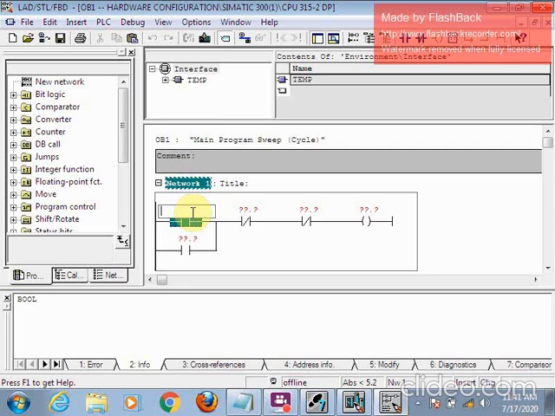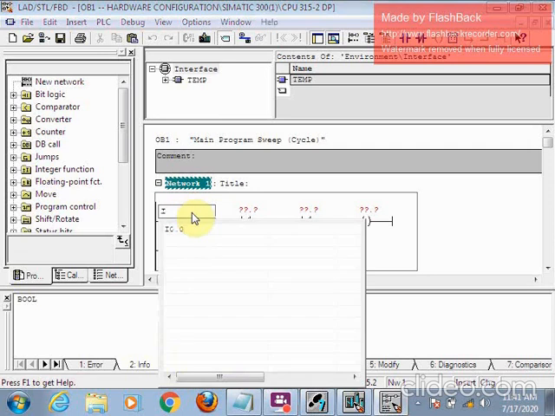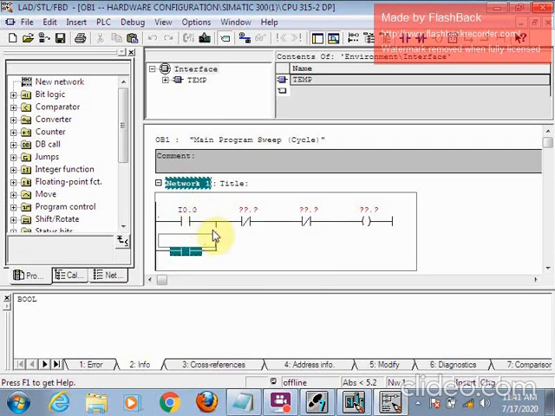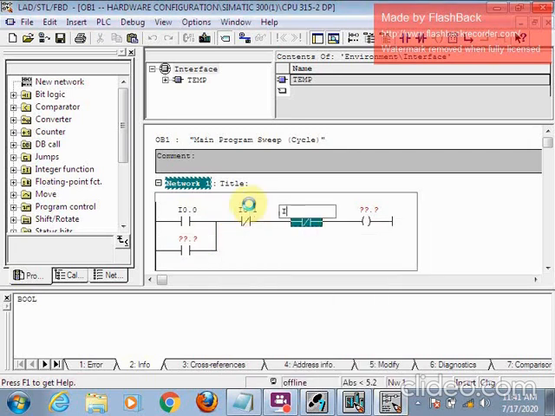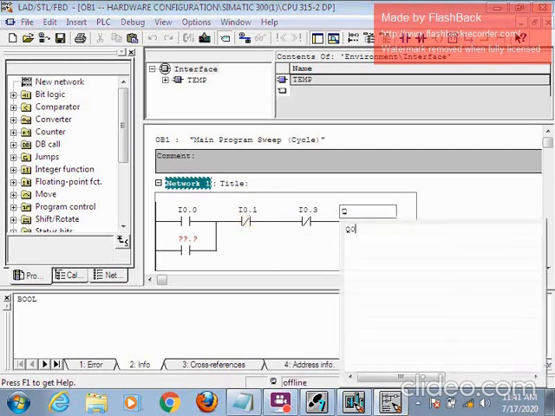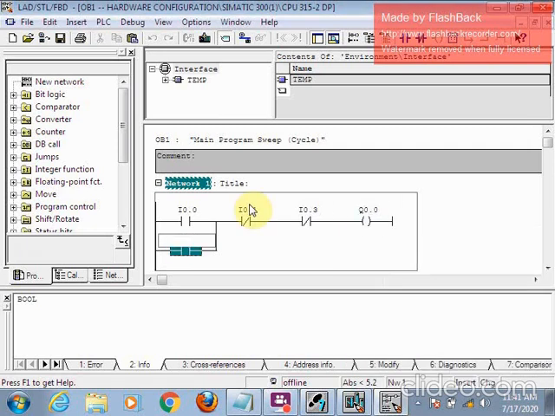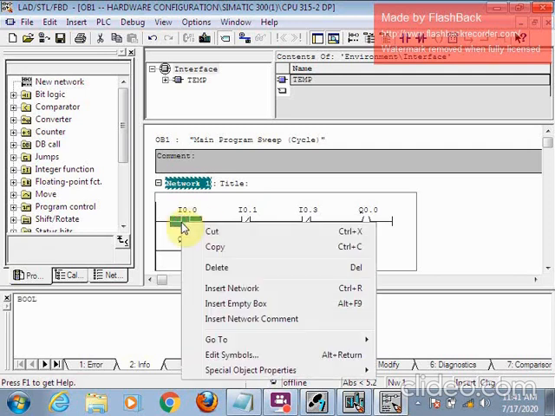So first we will take I 0.0 input, I 0.1, I 0.3, Q 0.6. Generally I represents input and Q represents output. So I make a simple logic of the DOL starter.